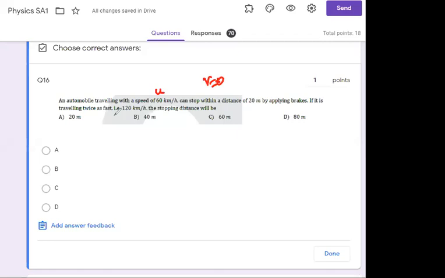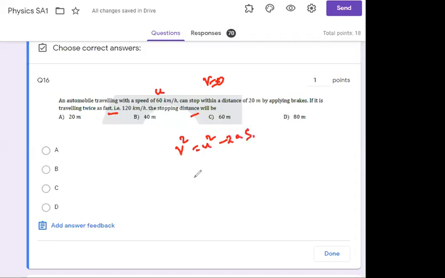If they're traveling twice as fast, what would the stopping distance be? Now, the brakes will apply the same force, yes or no? I assume the brakes apply the same force, so the deceleration will be the same. So which formula to use? V squared is equal to U squared